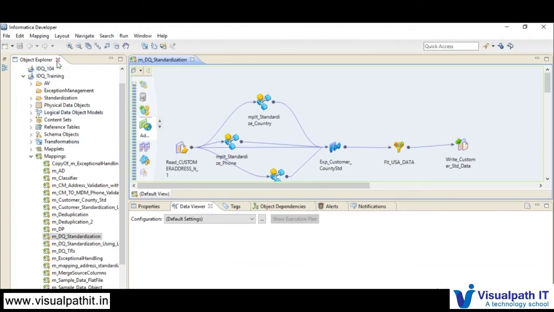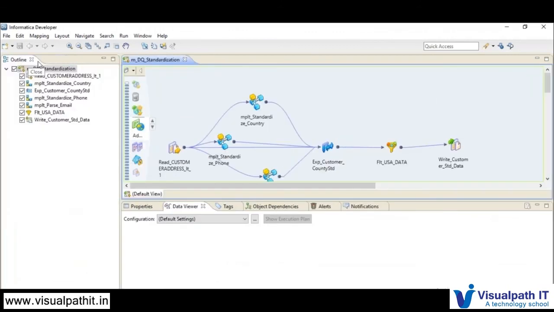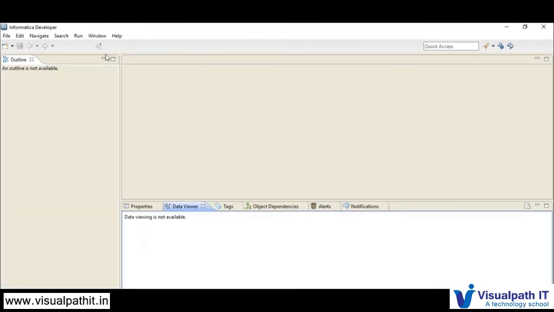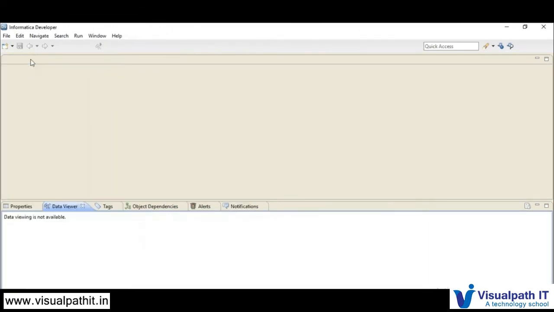Let's say you have messed up everything and closed all the views, and you don't have any clue how to open them again. When I started using the Informatica developer tool, I was afraid of how to get all the windows back. That option is reset perspective.